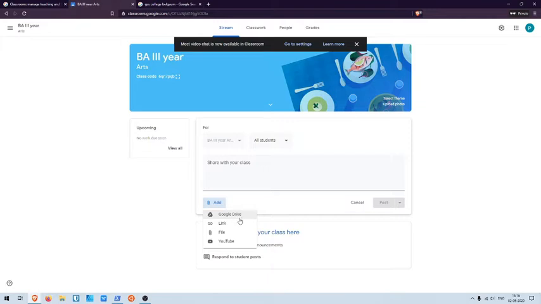Now Google Drive plays a very important role for Google for Education because it is unlimited. You can put as many files as you want in Google Drive. There is no limit. Normally we have 15 GB limit. Here there is no limit. So you can freely upload things, and it's very important to realize that in Google Drive you will never lose your data if there's a format. So always remember to keep one copy on your device, one copy in the cloud, that is Google Drive. And if possible, keep another copy somewhere else, because unless you keep it in 3 places, no data is truly secure. You can also add a YouTube link directly, which will be embedded here.